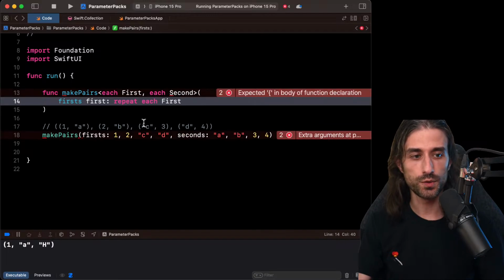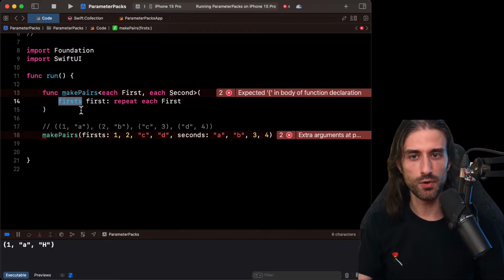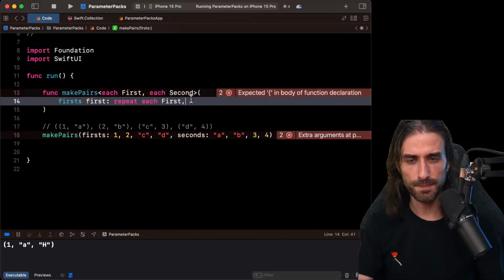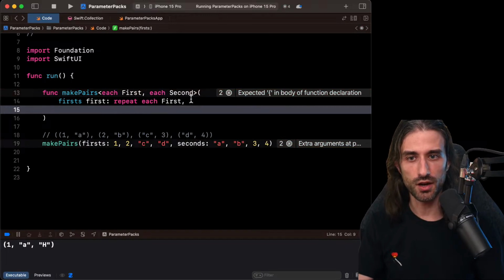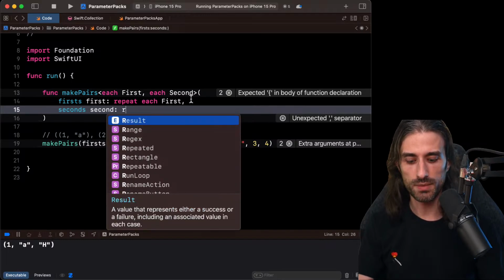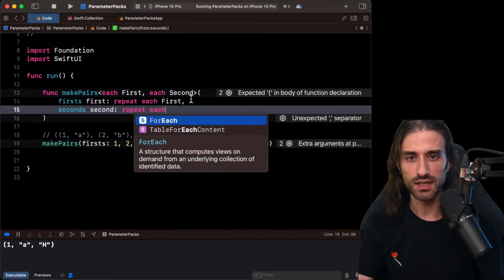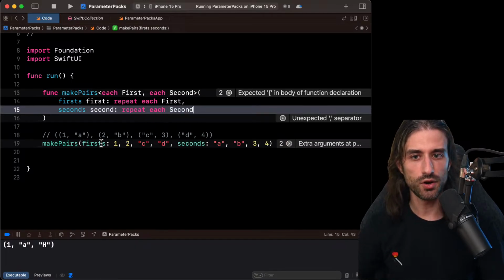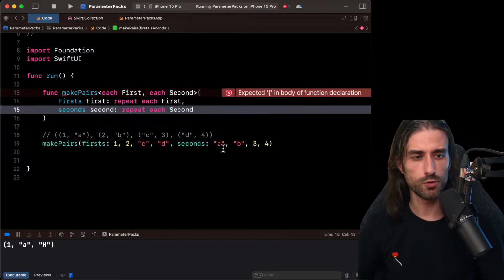So just what we were doing before, except that now we have given an external name to the argument. Before we would do underscore value, it's the same idea. And there are no tricks for the second argument list. We just say seconds, we call it second inside, and we do repeat each Second. So this is how you define these two argument lists.